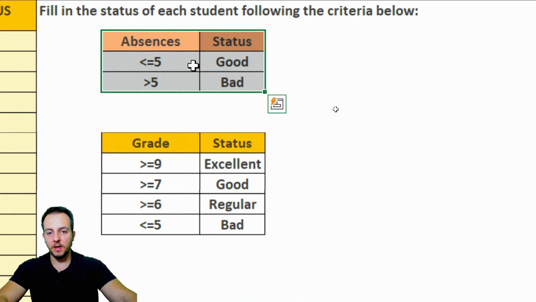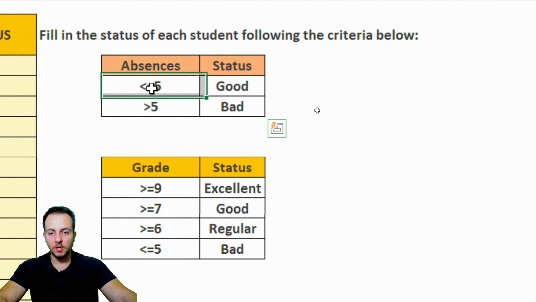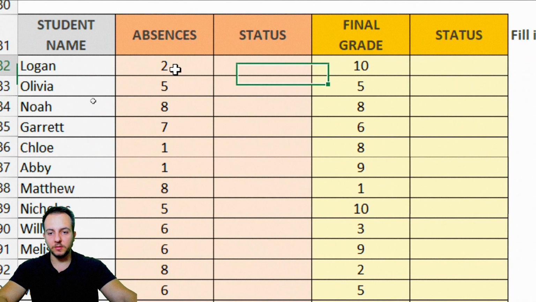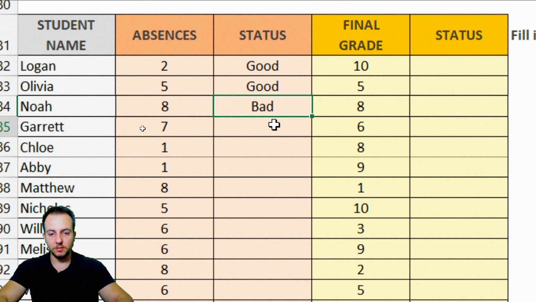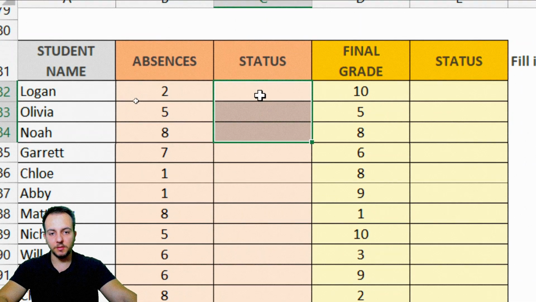Let's start with the absences. If a student has absences less than or equal to 5, it's good in the status. And if the absence is greater than 5, let's say 6, 7, 8, 10, and so on, it's going to be bad in the status. So instead of checking manually, let's say here 2 absences, so it's good. 5 is still good. 8, no, it's bad. Instead of doing it manually, I can use the IF function,